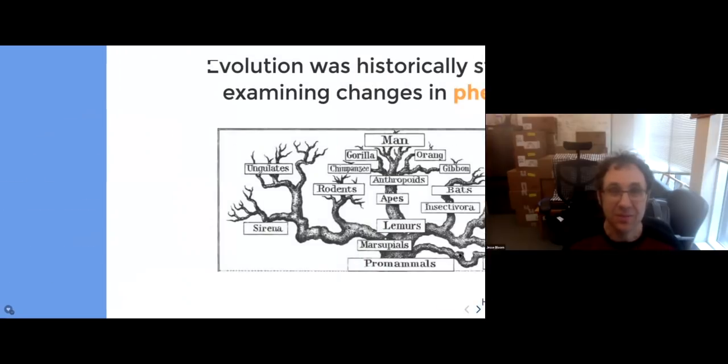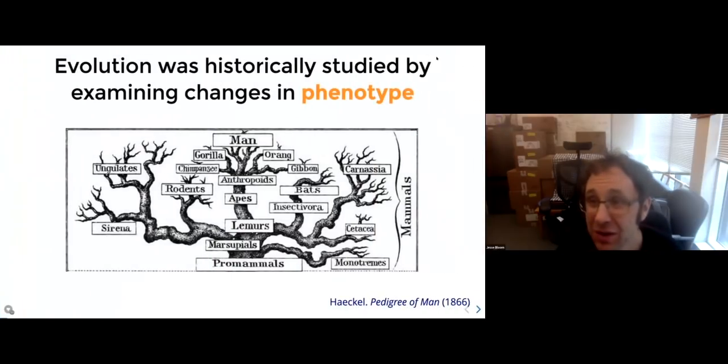So I'd like to start by taking a step back. I'm going to be talking about the evolution of this particular virus today, but it's really useful to think about how people have historically studied evolution. So for most of the history of evolutionary biology, people didn't know about genes or genomes or DNA or RNA or anything like that. So for instance, here's Ernst Haeckel's Pedigree of Man, and you can see that he's arranged all these different species in a tree-like structure based just sort of on looking at their similarity in gross phenotype.